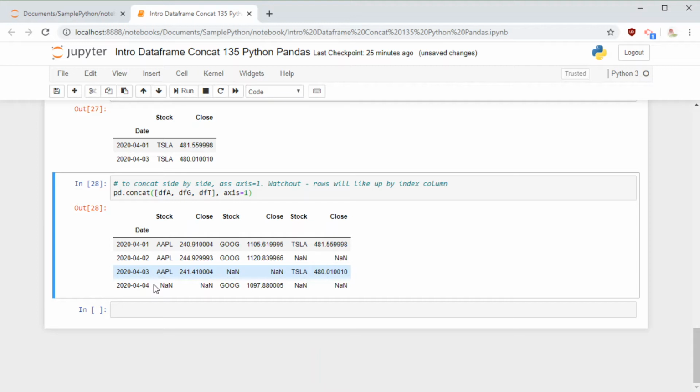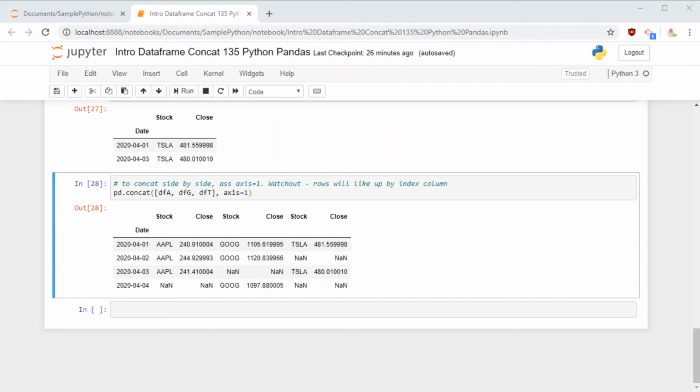Is there some other way we can do this which is much easier than changing the index and then concatenating after all this date parsing? Yes, there is, but that's not a perfect solution either. Here we do a concatenation and I say ignore index. Then it's going to create a new index starting from 1 all the way to the last one. Let's execute this and see how it behaves.